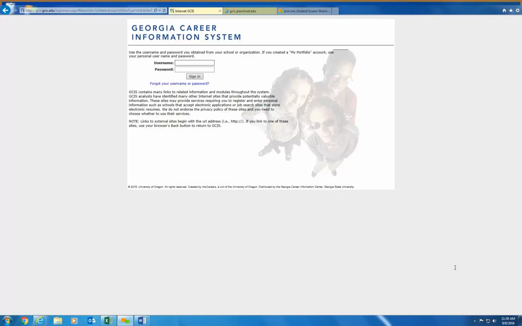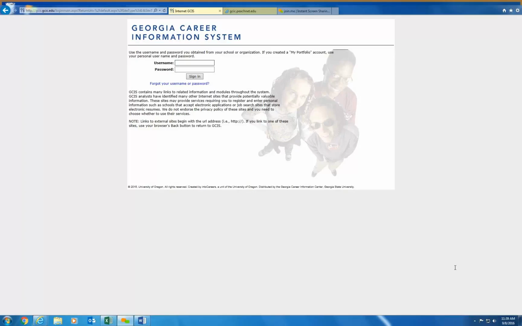There are 3 ways in which portfolios are established. 1, your students can actually go into the system and create their own portfolio after having entered the school access username and password. 2, if you are the site administrator, you can actually upload portfolios for your students. The 3rd way is you can contact the Georgia Career Information Center, and we can assist with uploading your students' portfolios.